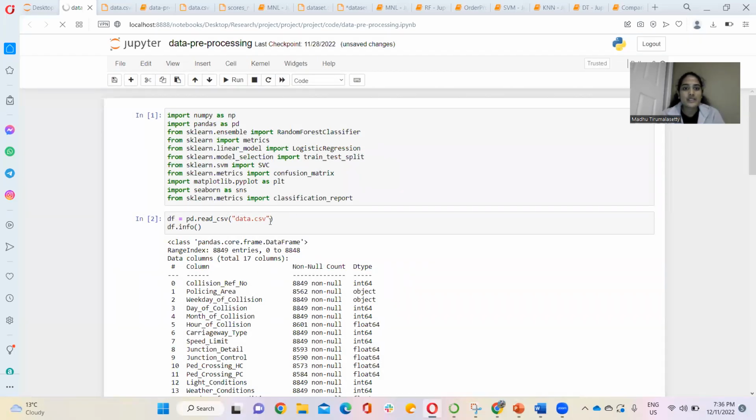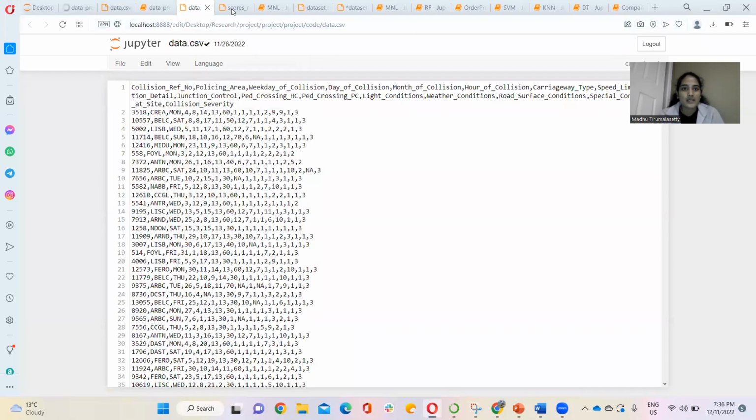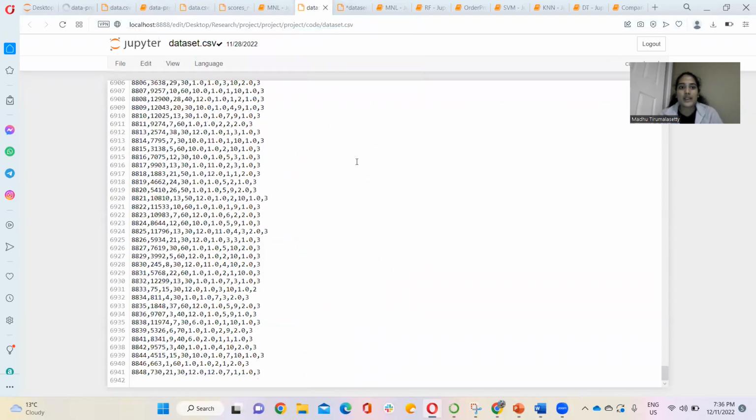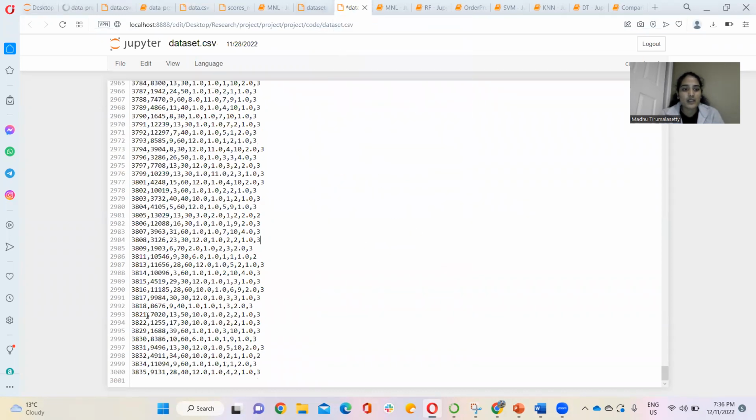We will give this data.csv for pre-processing, and then we will get the data sets. Here we have taken two data sets. This is the first data set, with around 7,000 records, and the second data set has 3,000 records.